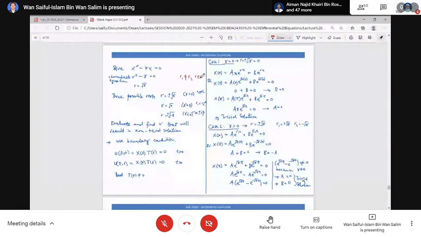So I write here the root can be, in order for that roots to be distinct, okay, different from each other, then you need this root to be either positive and negative square root of gamma. Ini negative, positive, negative. Kita akan dapat dua distinct root. Now for